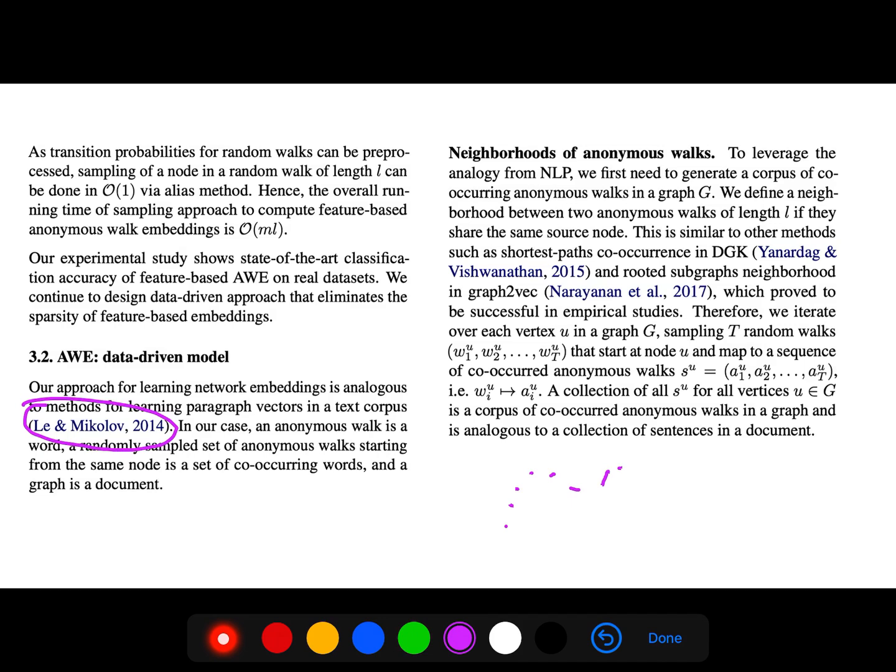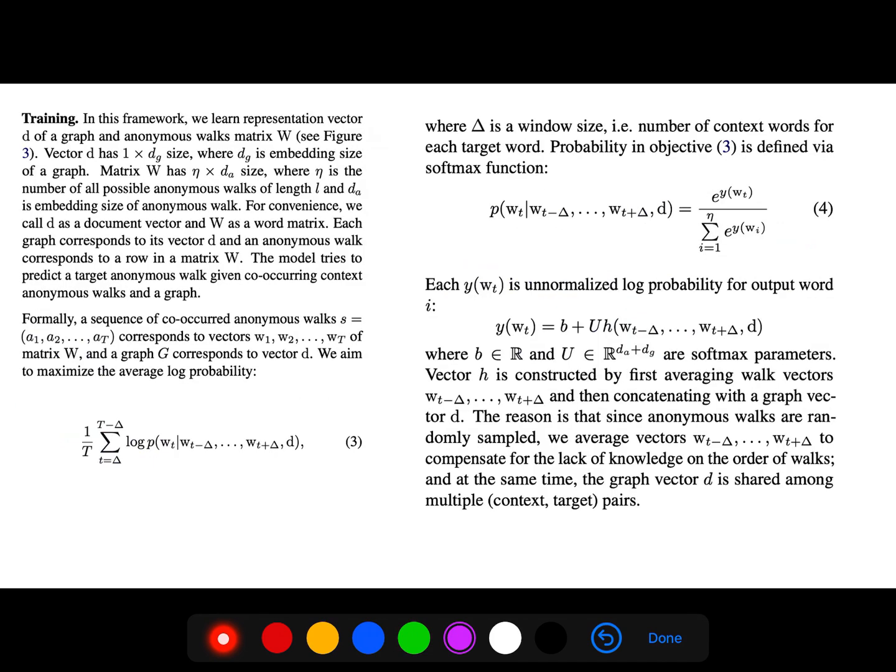So now you get the idea that you can use word2vec, any kind of representations that we used to do for word representations, like the word2vec algorithm. The problems of word2vec, for example, we could overcome with either hierarchical sampling or negative sampling. So the same tools can be used here as well.